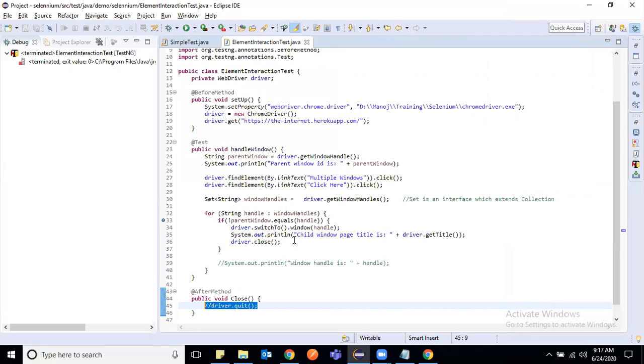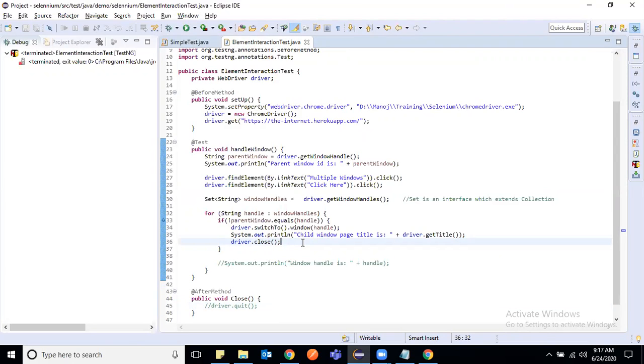What is the difference between driver dot close and driver dot quit? Driver dot close will only close the focused window, which is currently active. If there is only one window, it will close that window and the browser session. But driver dot quit kills the driver instance. It means it will close everything WebDriver has opened. So that's the difference you should remember.